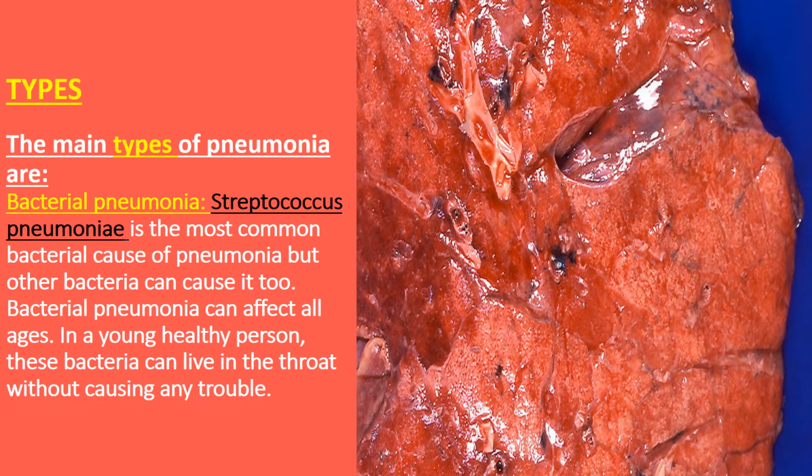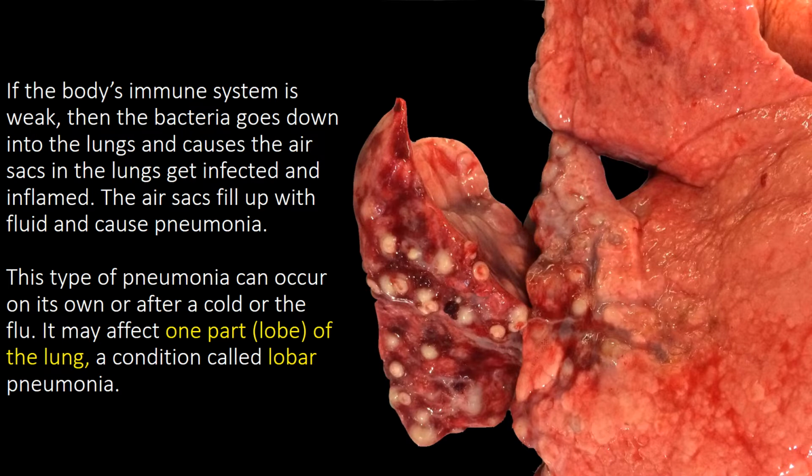Types of pneumonia. Bacterial pneumonia. Streptococcus pneumoniae is the most common bacterial cause of pneumonia, but other bacteria can cause it too. Bacterial pneumonia can affect all ages. In a young, healthy person, these bacteria can live in the throat without causing any trouble. But if the body's immune system is weak, then the bacteria go down into the lungs and cause the air